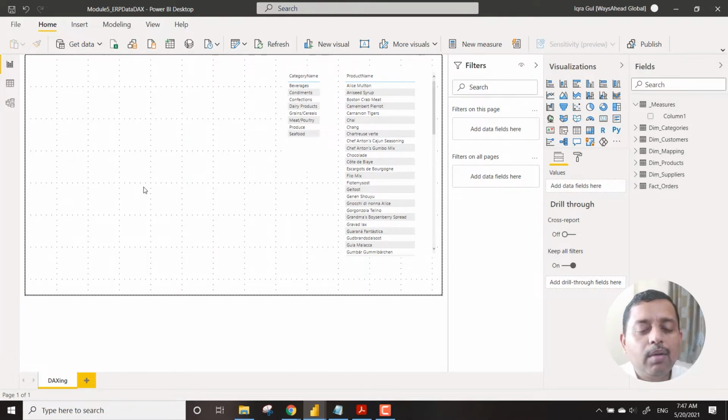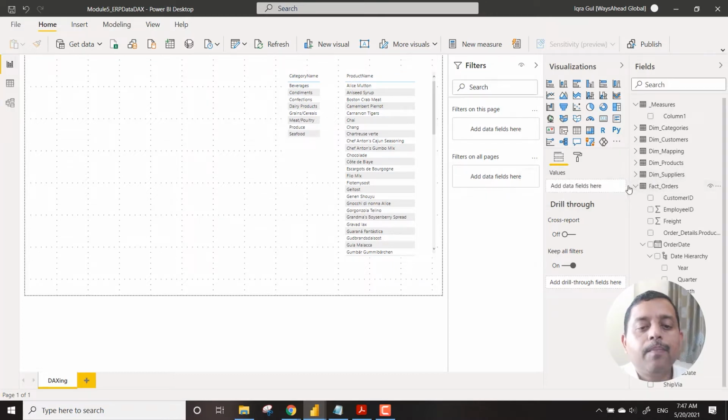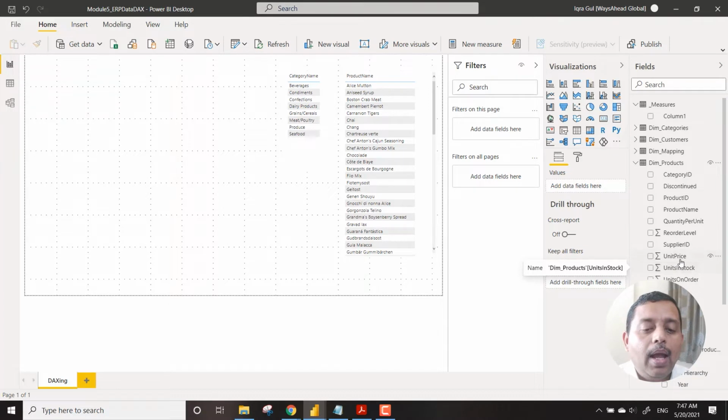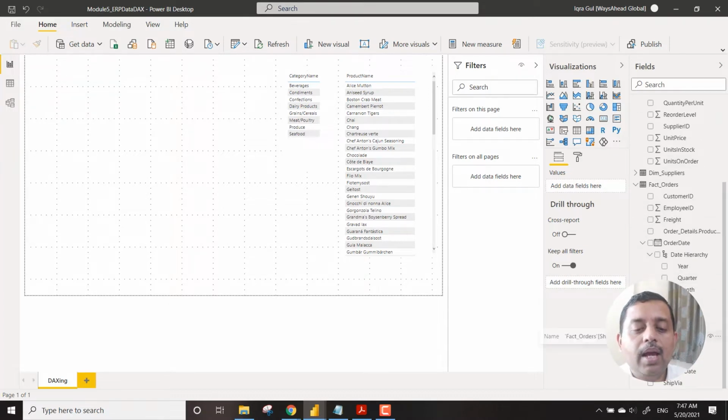Now we start creating some of the DAX functions related to, let's say, just calculating some sums and products. If you go to our tables, the major section is this fact orders, and we have something called freight, which can be calculated as a sum. Then we have products, where we can also do some kinds of calculations. And then we have customers and suppliers, which can all be aggregated as part of our data understanding.